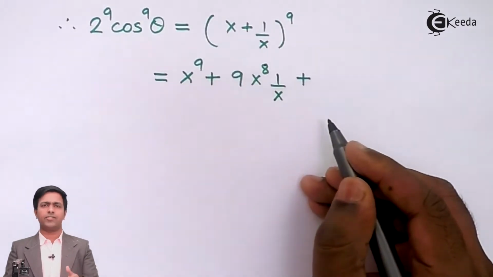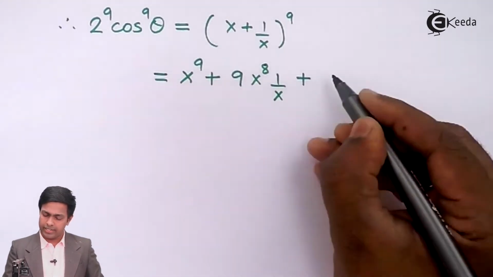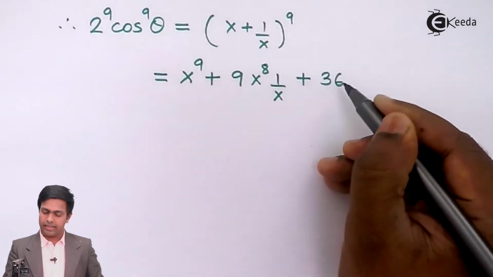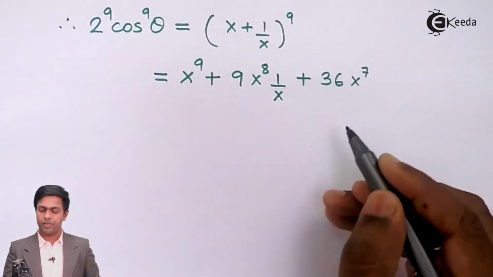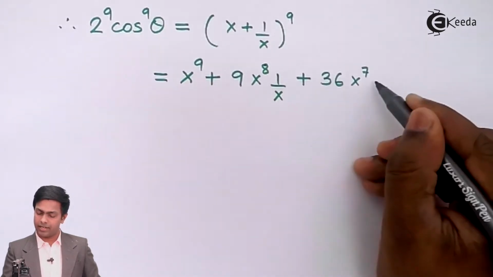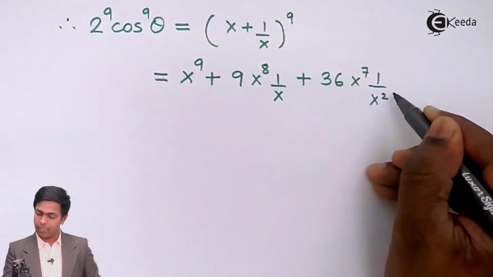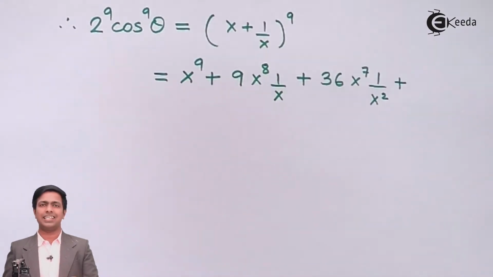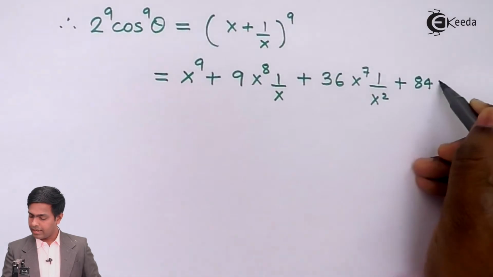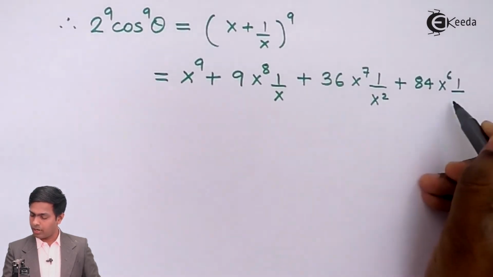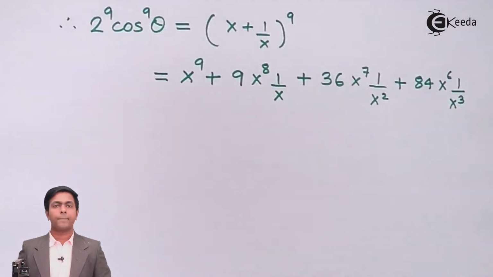So guys, you can check these values on the calculator as well. So it is 36. Then we'll reduce the power of the first term, that is x raised to 7, and increase the power of the second term, that is 1 upon x square, plus 9c3. So that is nothing but 84, x raised to 6, 1 upon x cube, plus